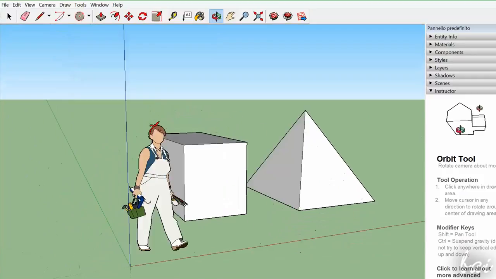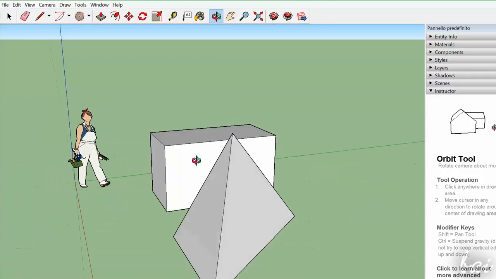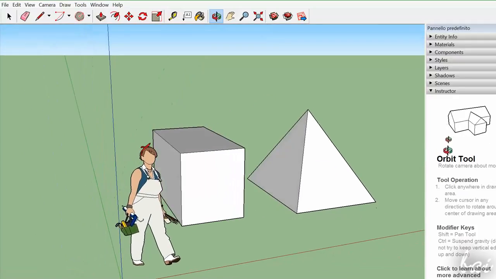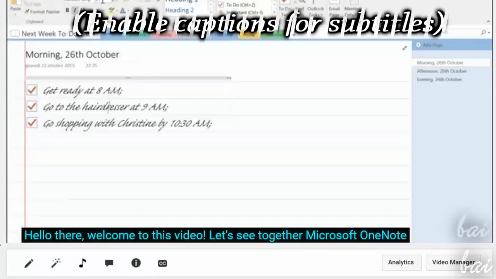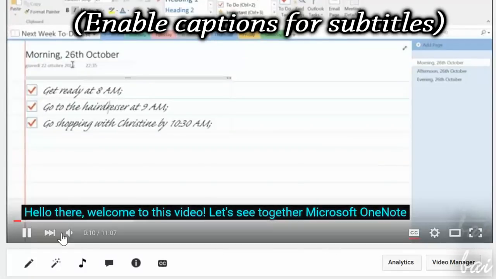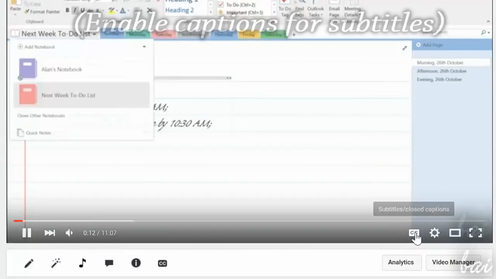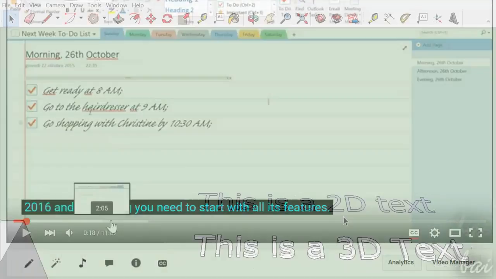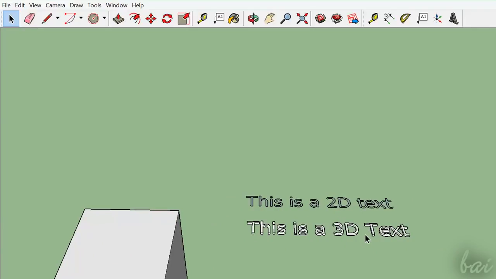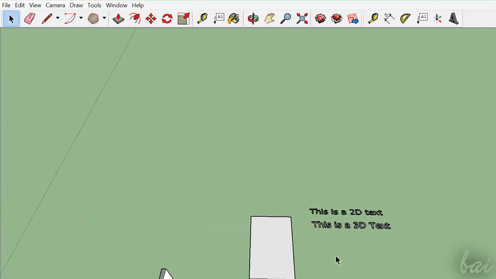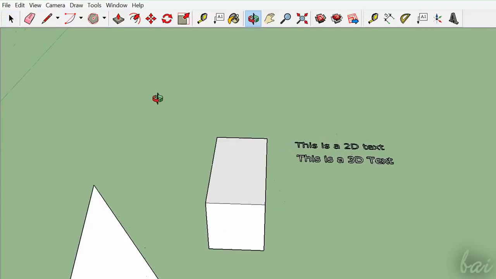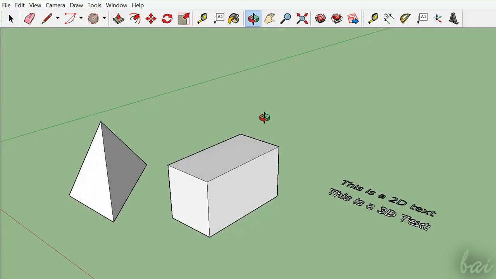Let's see quickly and easily all you need to know to start using SketchUp Pro 2016. If you have problems with the accent in this video, enable our closed captions by clicking on the CC icon in the bottom right corner. SketchUp Pro is a software used for architectural projects, CAD designs, and 3D-like representations with the